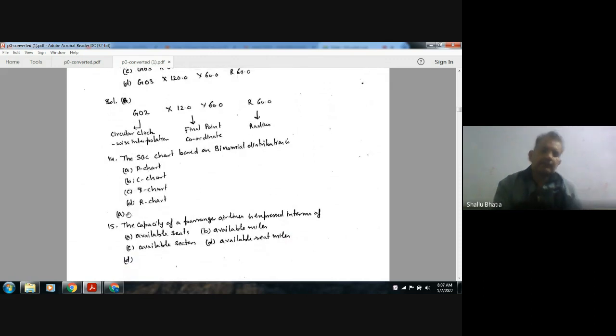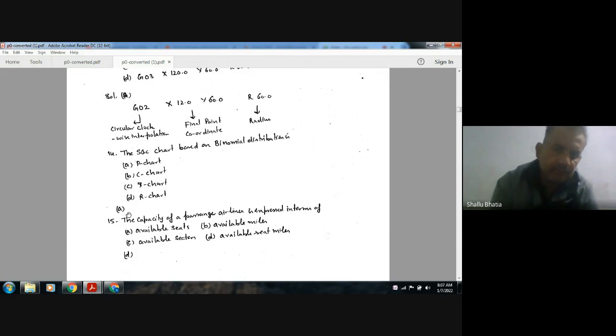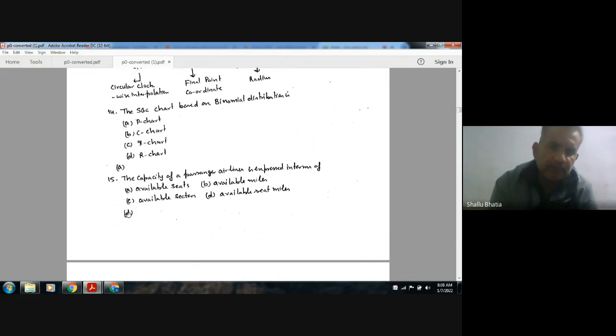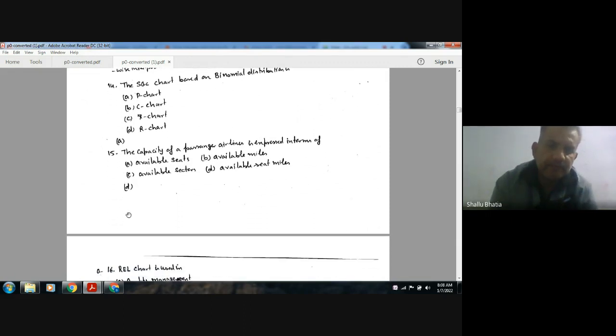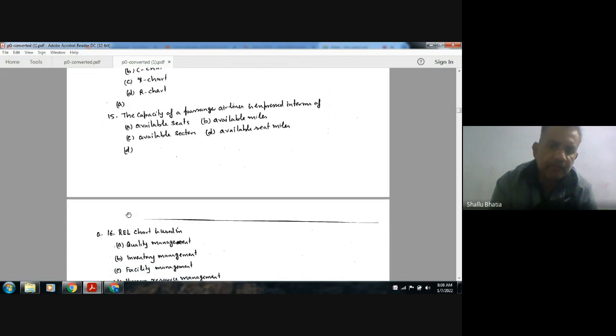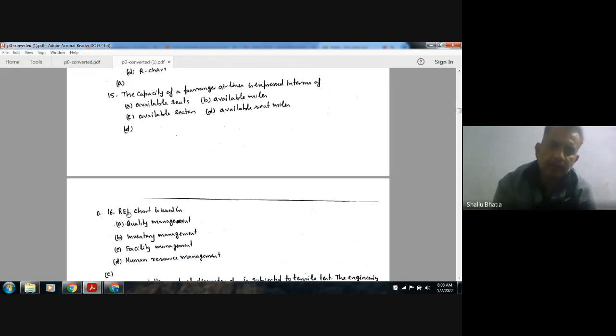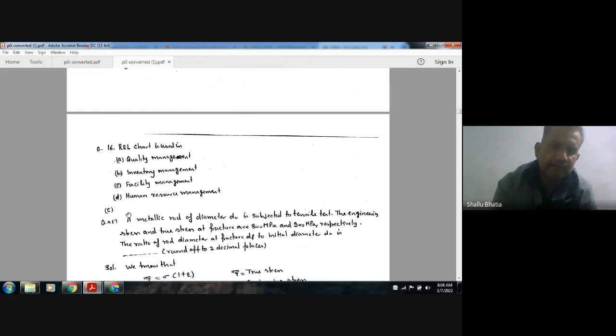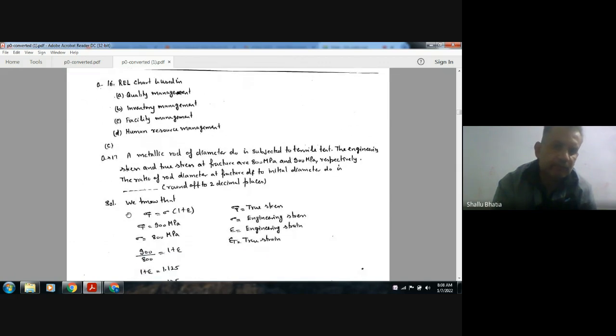SQC charts are based on the binomial distribution in the P chart. These are choice-based questions. The capacity of passenger airlines is expressed in terms of option D, available seat miles. The REL chart is used in facility management. Next,